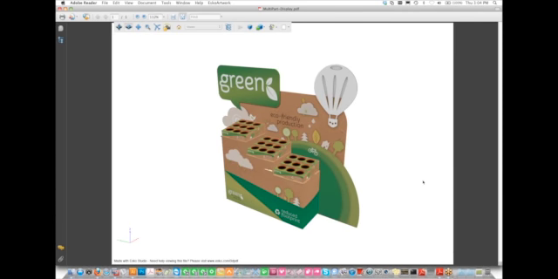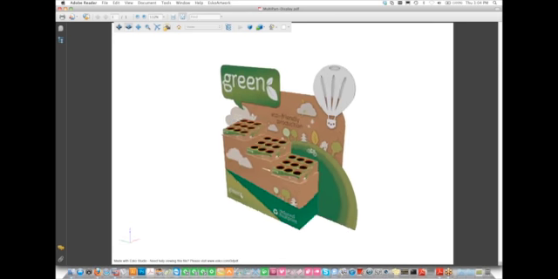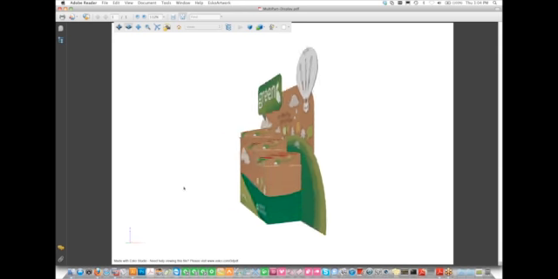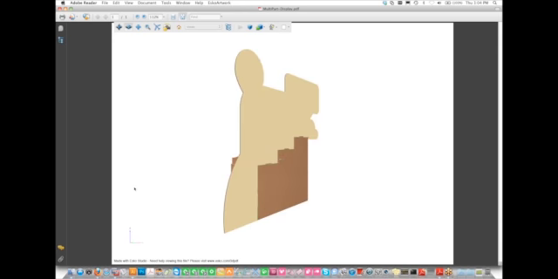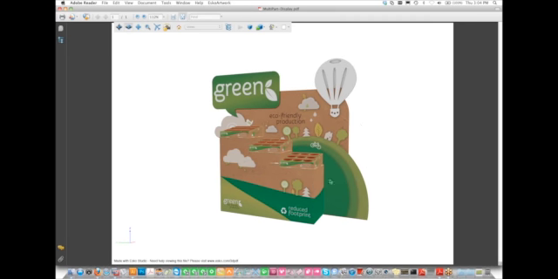So here you see a 3D exported out of Illustrator. It's a 3D PDF which you can open in Adobe Reader. And this is what we are going to make. So you can see that this is a multi-port display. We have a base, we have some trays on it, and we have a back header panel. So this is what we are going to produce, and I will guide you now through some very powerful